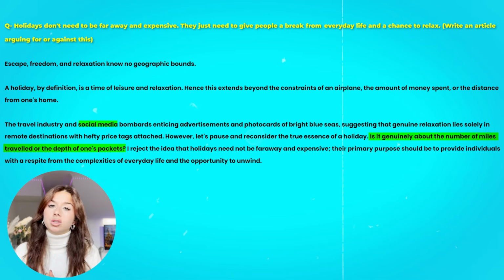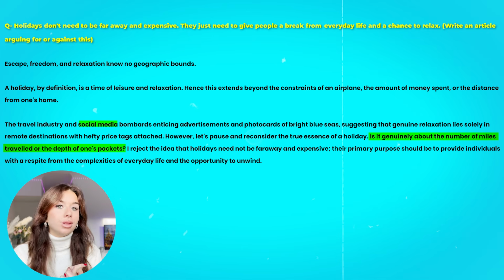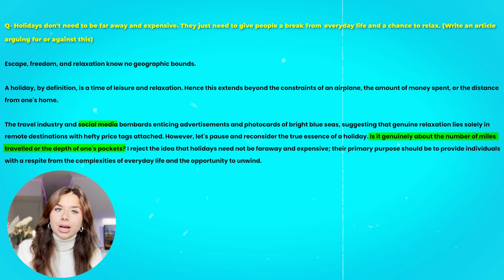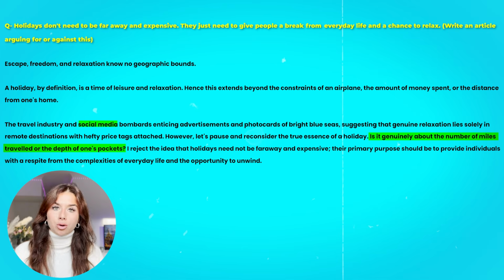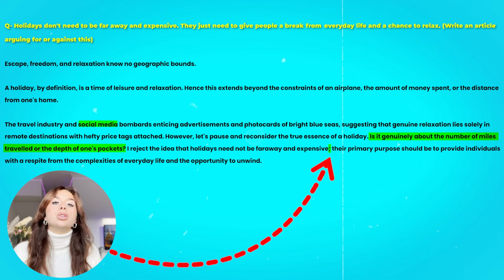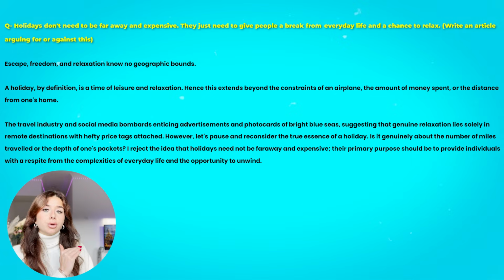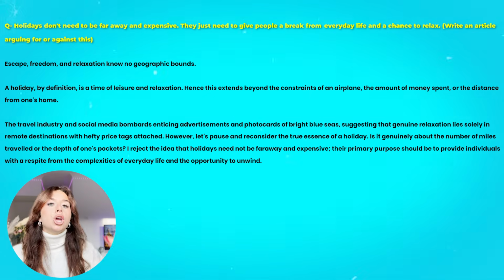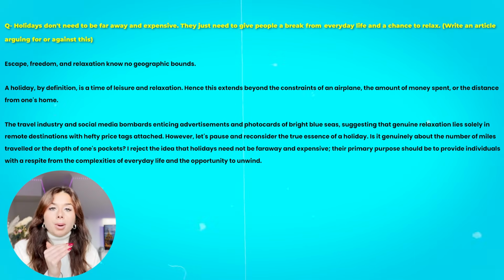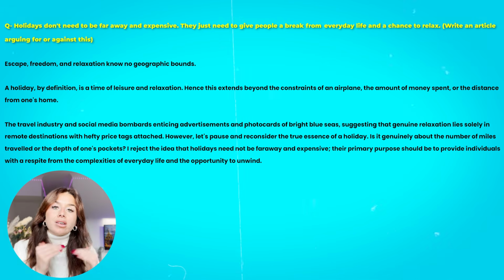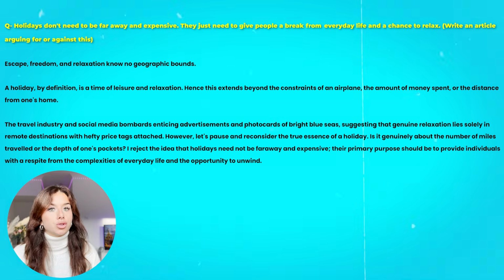So in this paragraph, what's been done really well is that I'm really reinstating my point of view. I'm really clearly for the statement. I'm also making the reader question the statement to make them agree with my point of view. And you can also see I've used a semicolon, so I've ticked off a bit of structural punctuation as well. Looking at the piece of writing so far, you can see this is not all just one paragraph. This has been split up, like short sentence paragraphs, a larger paragraph to introduce my point of view. I varied my paragraph length, so I'm still ticking off those structure marks.